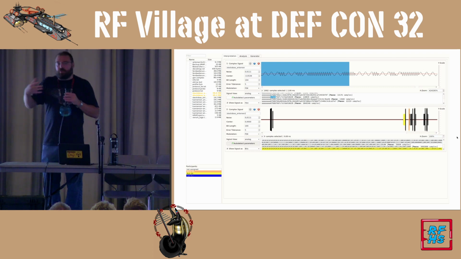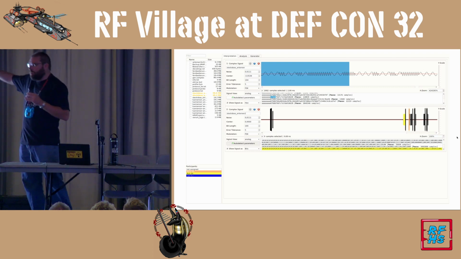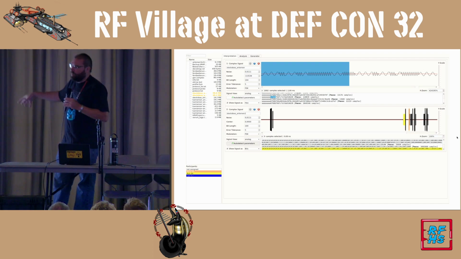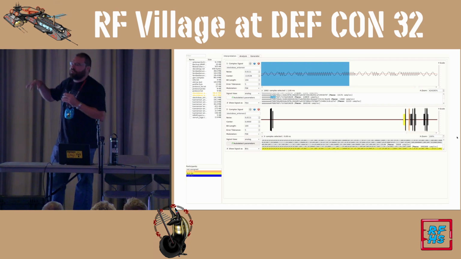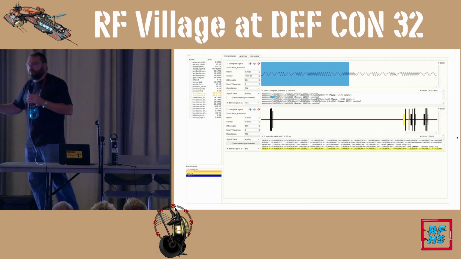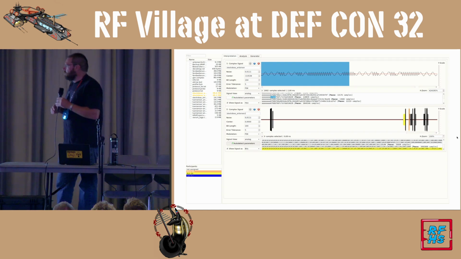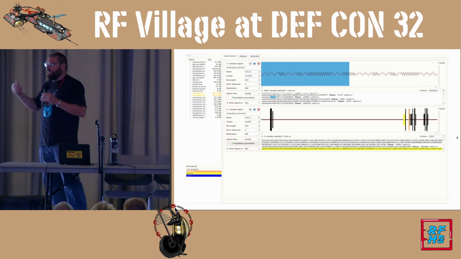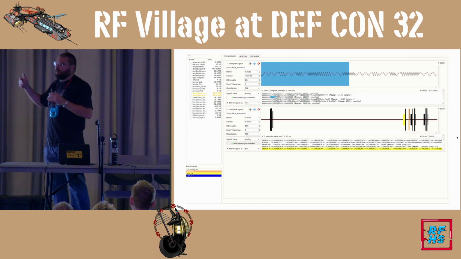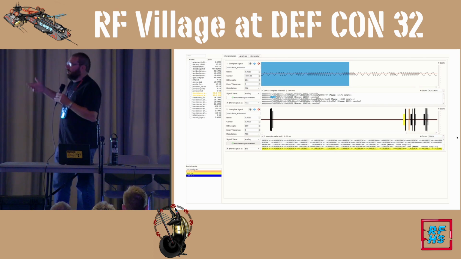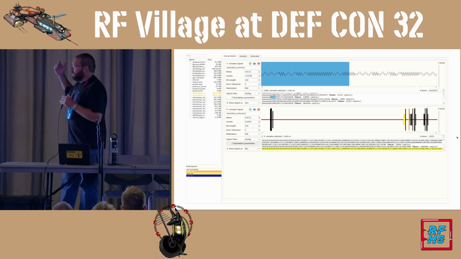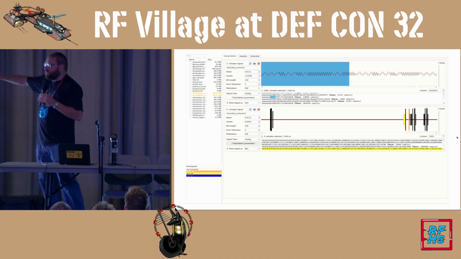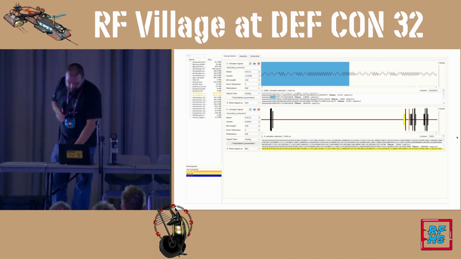For you intro guys that have never seen things like this, just know that a lot of these things exist down the road. So where you're going to be playing mostly is with SDR++, SDR Sharp, GQRX, things like that. But really good for analysis, and also when you're trying to figure out that one key fob or that one tire pressure monitor, that one thing that you're trying to figure out to replay for the table, bless you. That one challenge you're trying to do, this is really good for that analysis.